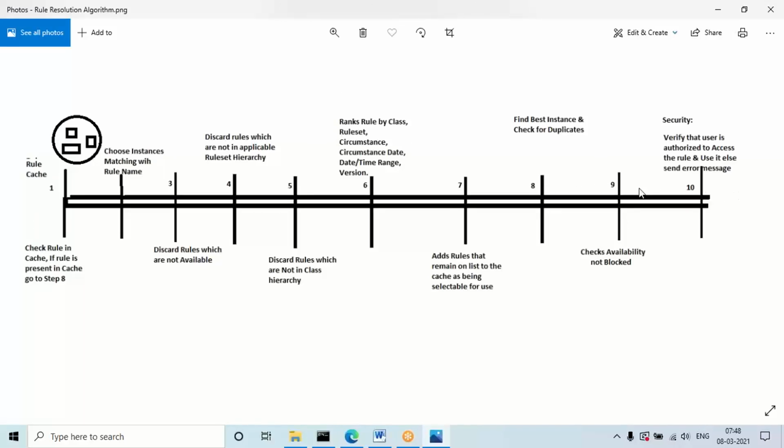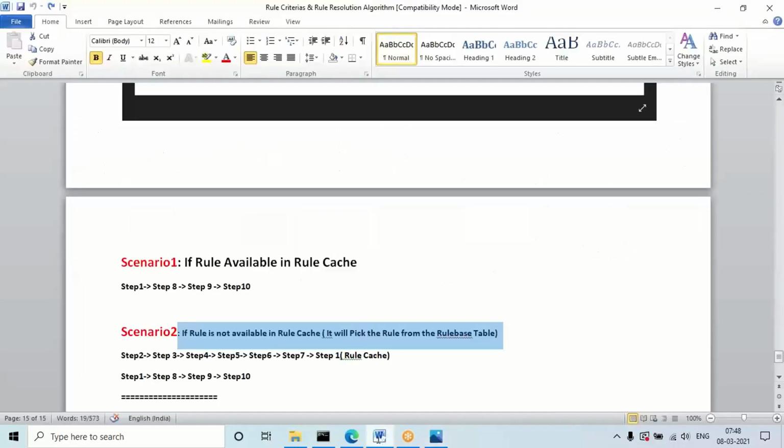Okay, all of this happens in the background. We cannot see the cache memory, and we cannot see or read these algorithm steps either. But according to the Pega configuration or Pega design level, this algorithm is prepared and written in the backend. Based on that, these steps will be executed in the background at runtime. In the document I have given the step numbers, but you should not just say numbers in real time, right? We have to mention the points themselves.